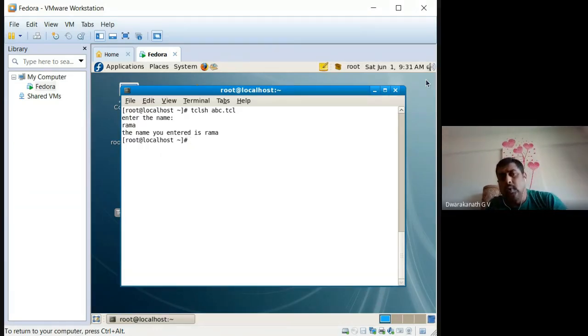Now if you go to the sum and average of three numbers, how to find that? First you have to take input of three numbers, then find the sum of those three numbers. After finding the sum, you should divide that by the number of values. Then you get the average of those three numbers.